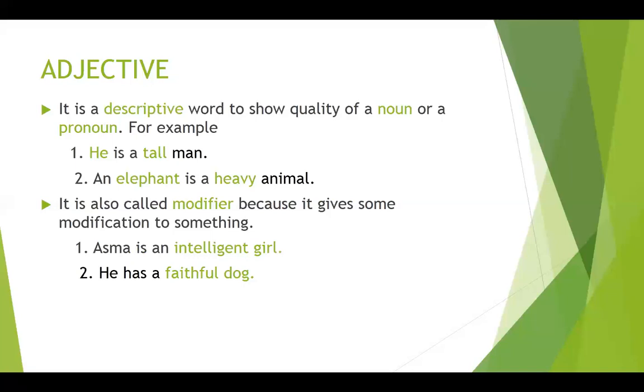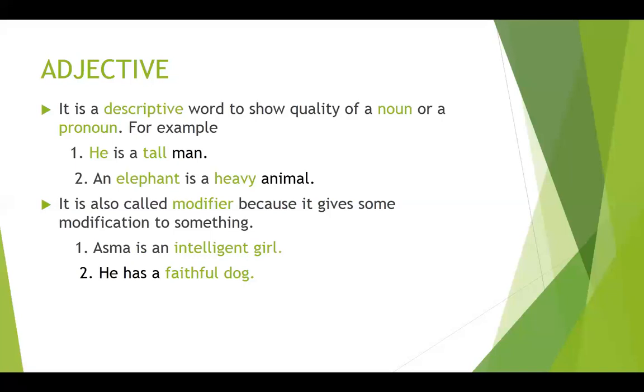So again, another point is that it is also called modifier. So we also call adjective a modifier. Descriptive word and a modifier. Why do we call it modifier? Because it adds some modification to the noun or pronoun. What does it mean? That it adds something more, some more meaning to it. For example,